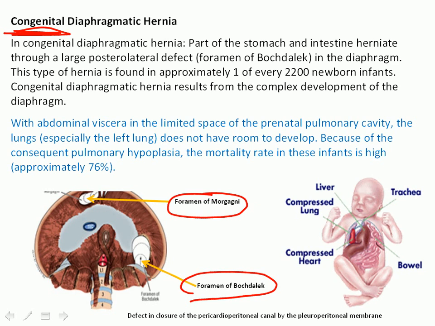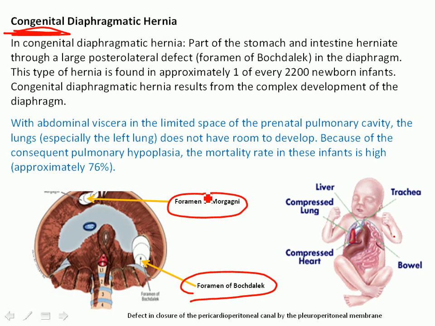For example, the foramen of Bochdalek is a defect in the left cupula of the diaphragm. It appears in one of 2,200 newborn infants. Congenital diaphragmatic hernia results from impairment in the development of the diaphragm. As a result, the foramen of Bochdalek could be pretty big, and due to increased intra-abdominal pressure, a significant portion of intestines can protrude into the